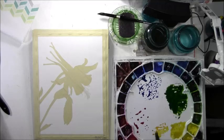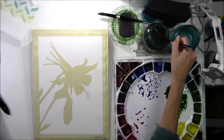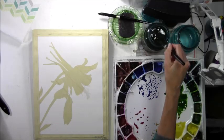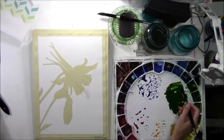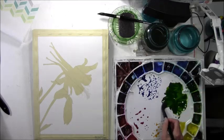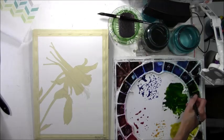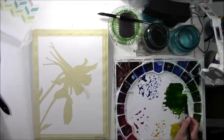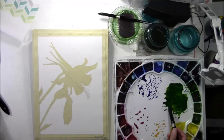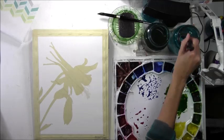Okay. And so this just gives me options. I can vary what I'm doing in the painting background with those different colors. And then just a little more sap green, and I should be ready. And it's best to, especially if you're doing a background like this, wet on wet, it's best to pull out all of your colors beforehand, because you could wet the paper, and then if you haven't pulled out your color, or if you have to take a long time getting your color out, your paper could be drying before you get a chance to even start painting, and then you're having to stop and start, or it could affect your painting because it could cause areas to be drier than others. And so I just pull out all of my pigment first,